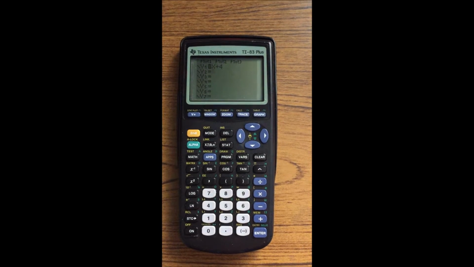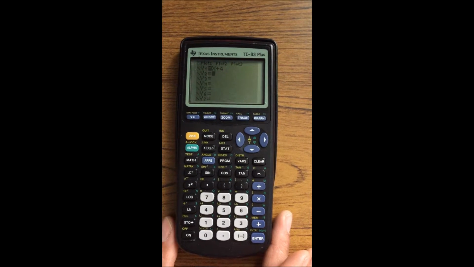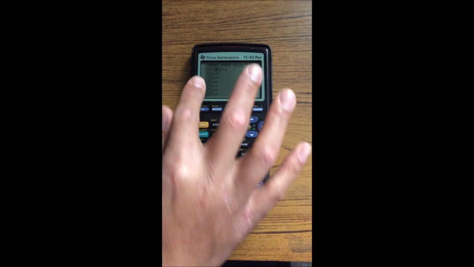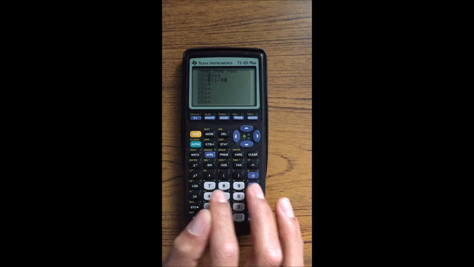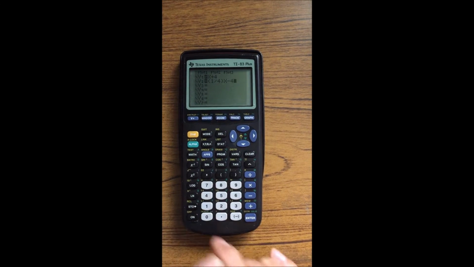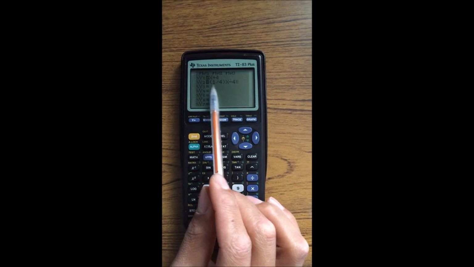Okay, now I'm back in the y equals menu, and I want to type in a second graph because you can actually graph multiple functions at one time. So underneath where it says y2, I'm going to type in parentheses 1 divided by 4, close parentheses, x minus 4. Okay. And the reason I do this with the parentheses here is because the calculator does a really good